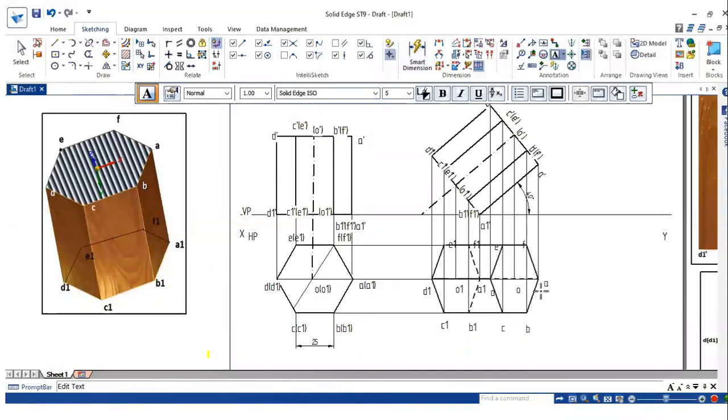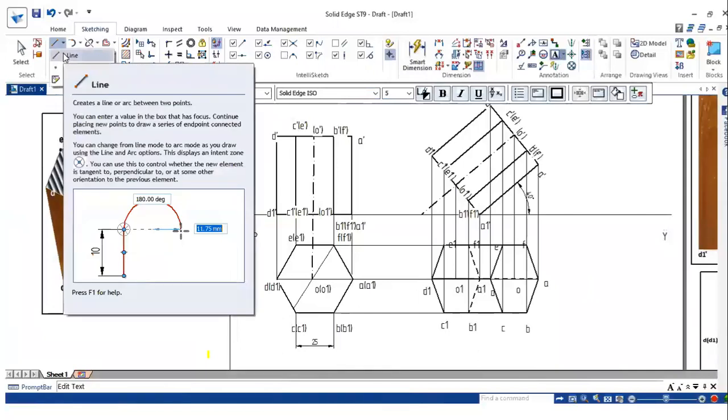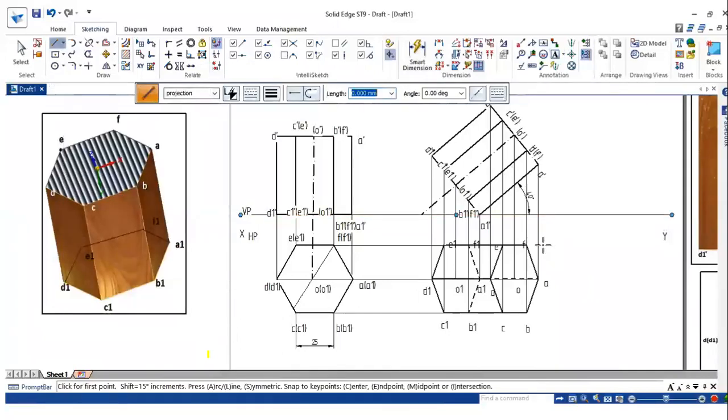Next, it says that when the axis of the prism is inclined to HP at 40 degree and appears to be inclined to VP at 45 degree. It says that it appears to be inclined to VP at 45 degree. Whenever the problem says the axis appears to be inclined to VP, then the beta angle is already given. So 45 degree is the beta angle itself. So go for line option, select the projection line. So draw a parallel line.